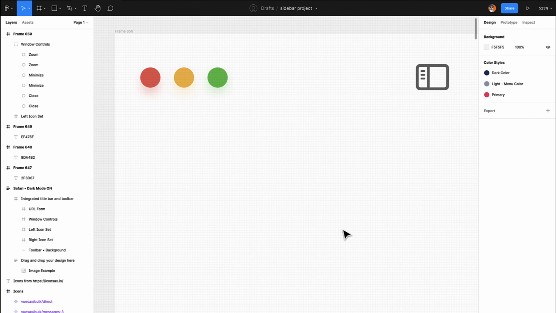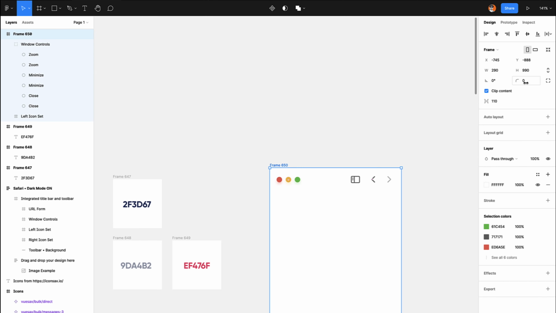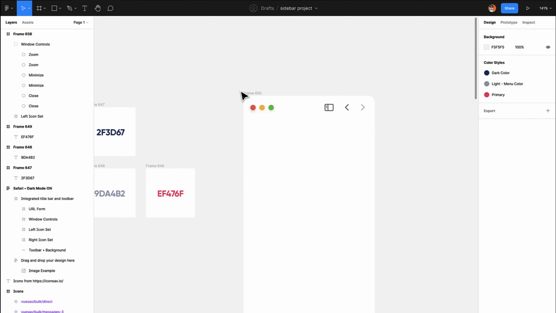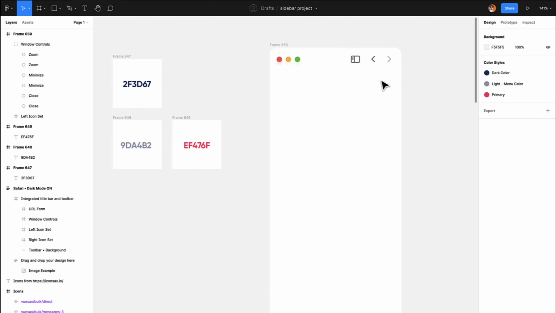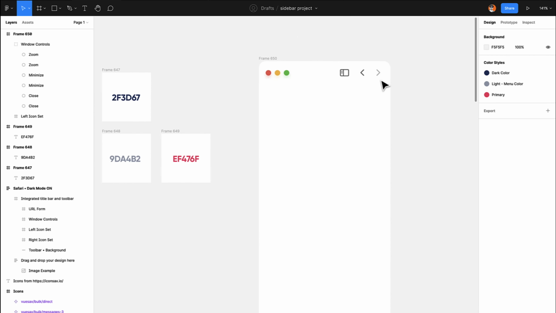the sidebar. Now the next part is let's add a little bit of border radius to this frame. So let's make it maybe we can make this border radius as 15. Let's try that. Yeah, that looks good. So now the next part is adding the contents, the actual contents to this screen. So we will start with the